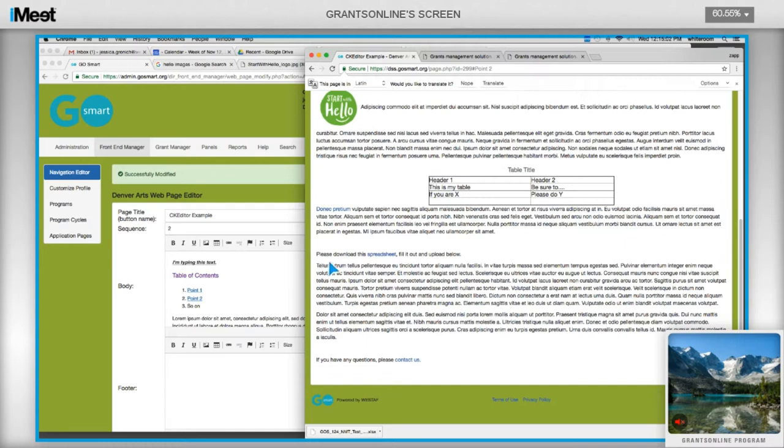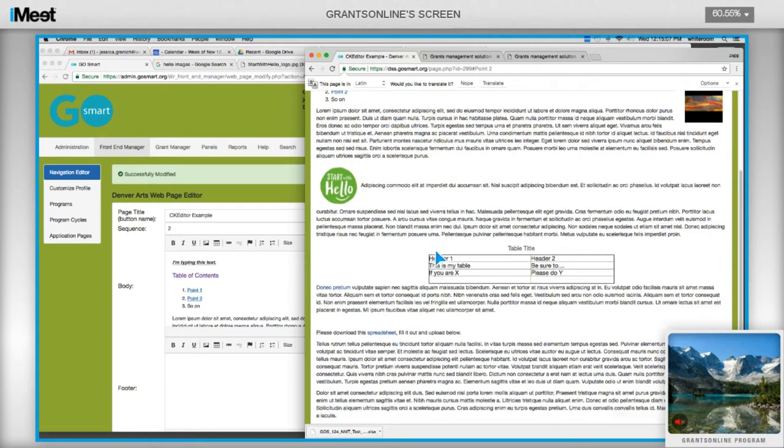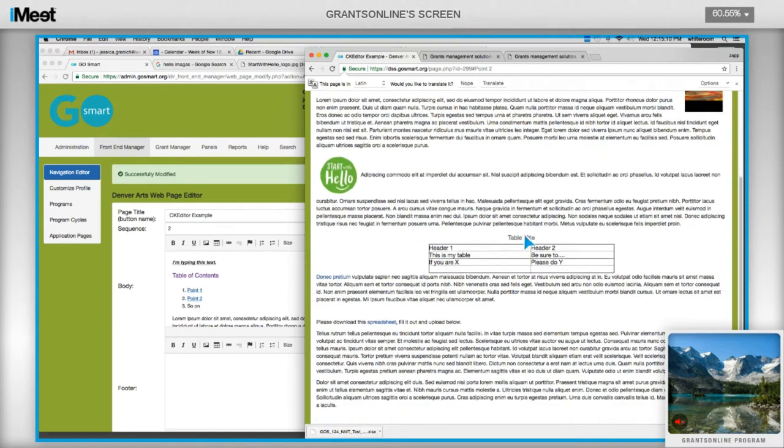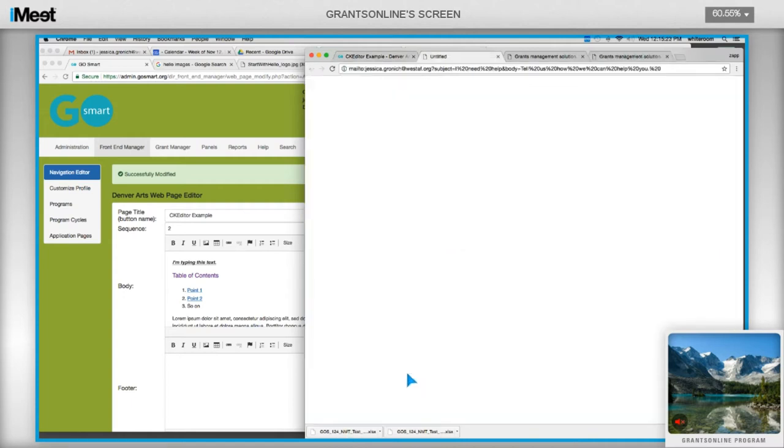You can also see some of the images we've added. You can, of course, see our table with our table title. You can see the link that we added that downloads an item, and you'll see right away when I click that, something is downloaded to my machine. And then lastly, when I click Contact Us, it opens